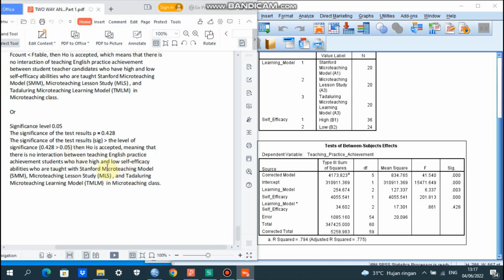So it can be concluded that there is no interaction between teaching English practice achievement of students who have high and low self-efficacy abilities with Stanford Micro Teaching Model, Micro Teaching Lesson Study, and Tadaluring Micro Teaching Learning Model. So there is no interaction between factor 1 and factor 2, or between learning model and self-efficacy.